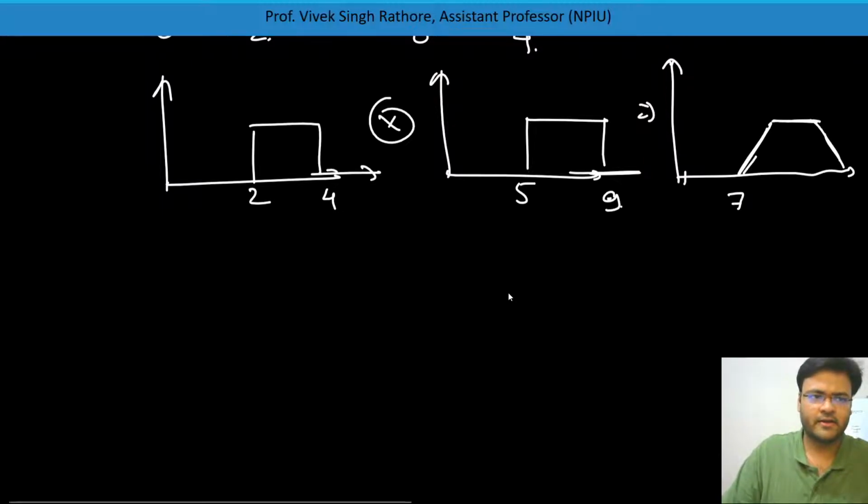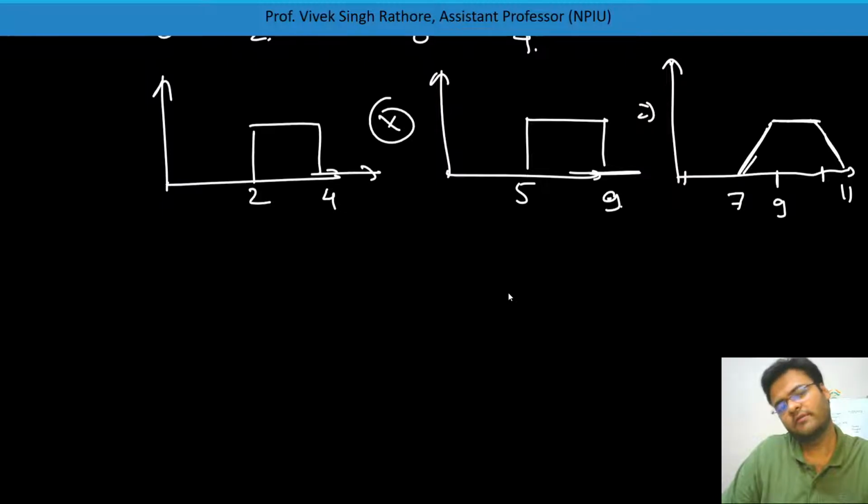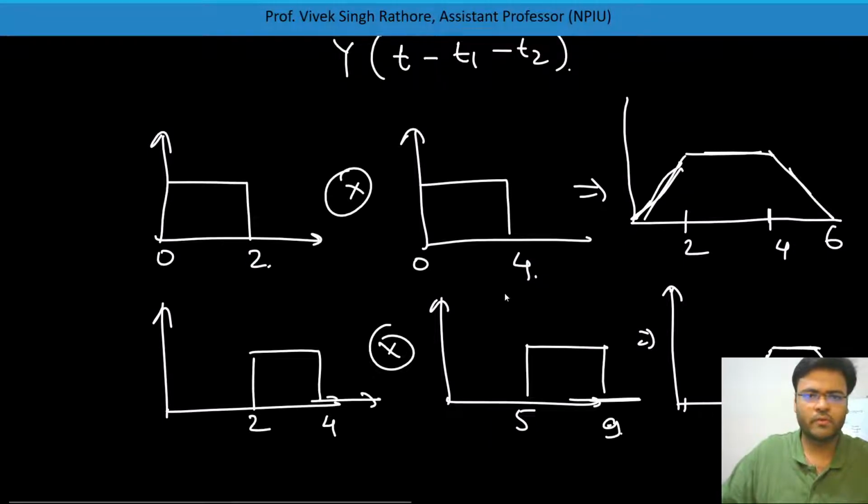Okay, and 9 plus 4 is 13, it will go 2 7 9, and 11 too, I think, no, I think 2 and 4 is 6 is there, so 7, 3, 10, 13 will go, and it will be 11, like this. So this will be there. So see, you can see the overall output has been shifted from 6 to 13, meaning 4 plus